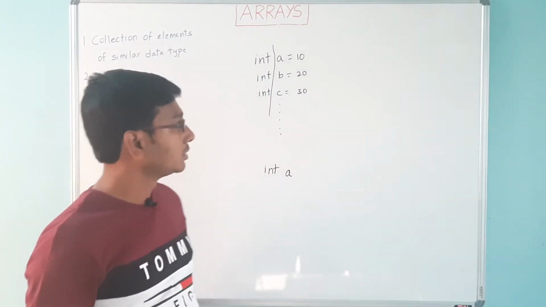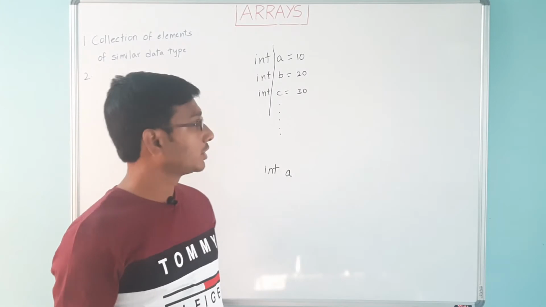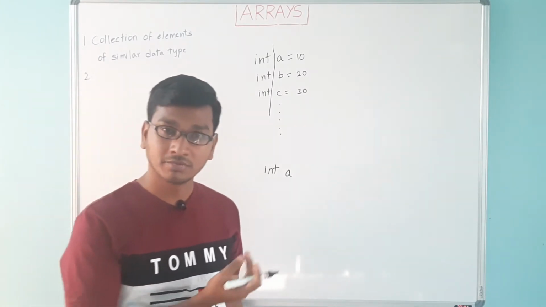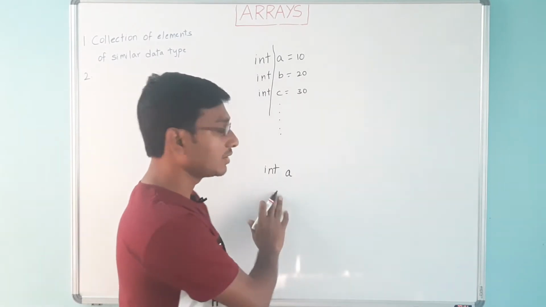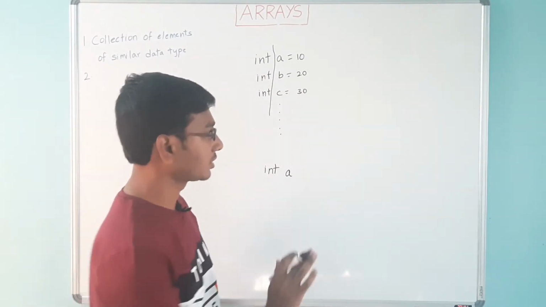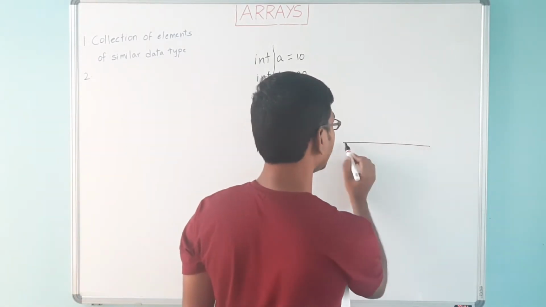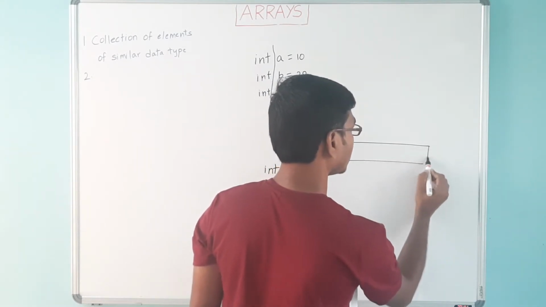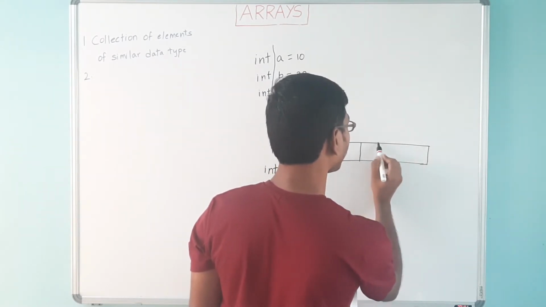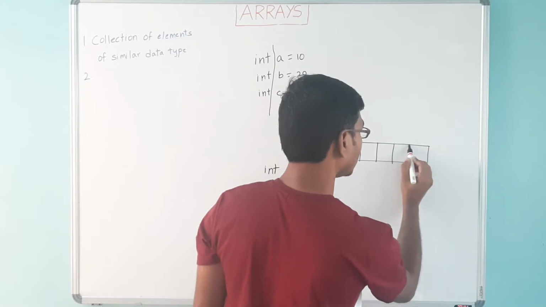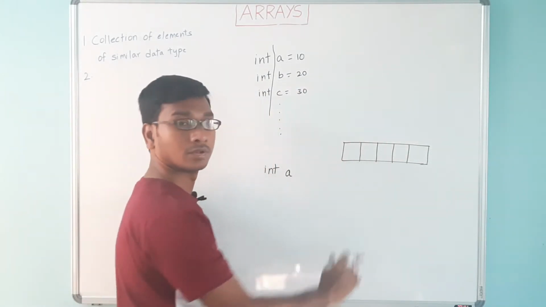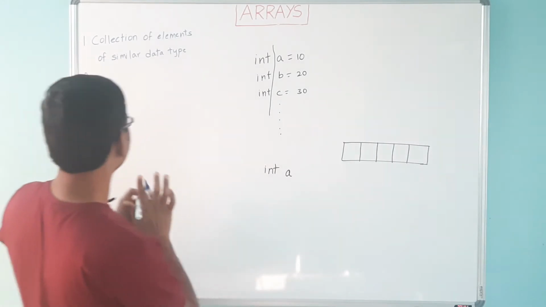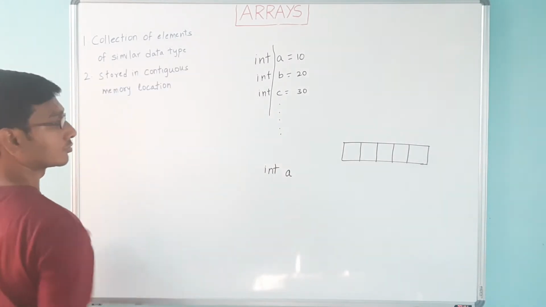Any variable occupies some space in the memory, right? And that memory can come from some random memory location, right? In the same way, an array also occupies some space in the memory, and that memory is contiguous, meaning the elements of the array are allocated space in the memory contiguously, right? So this is a property of an array.